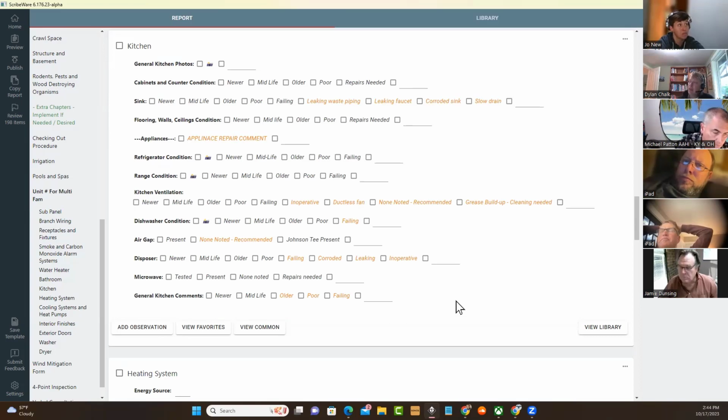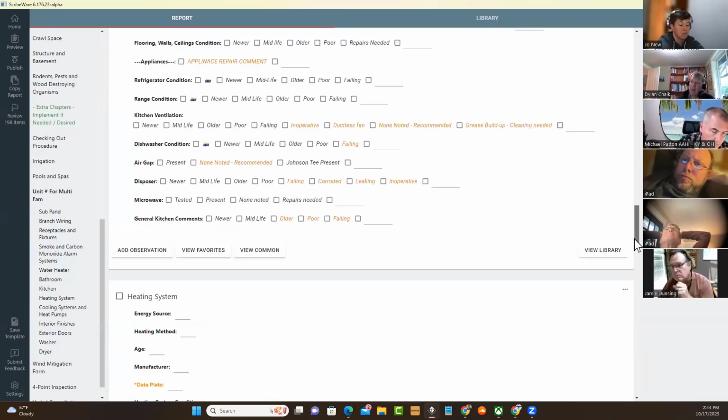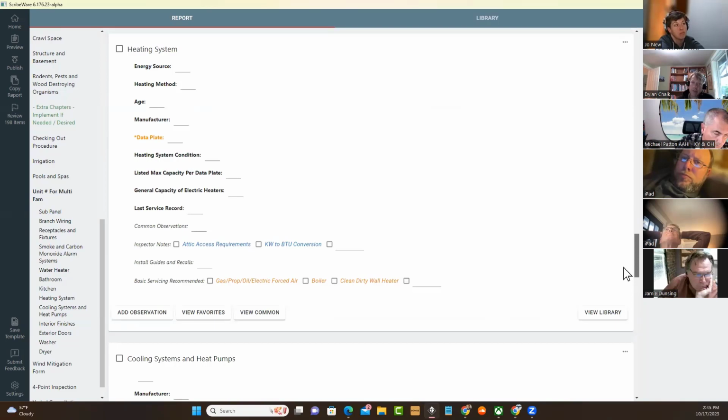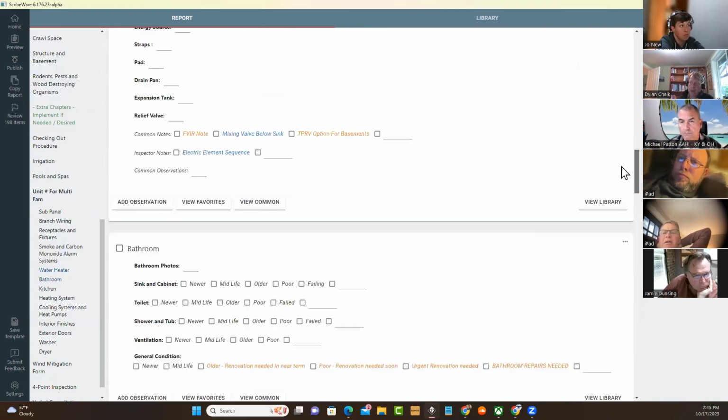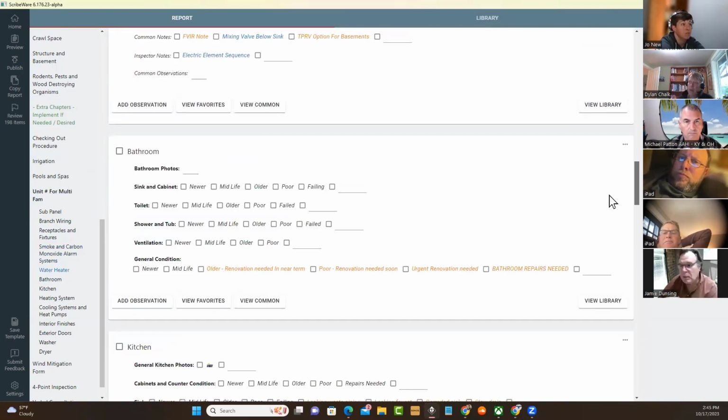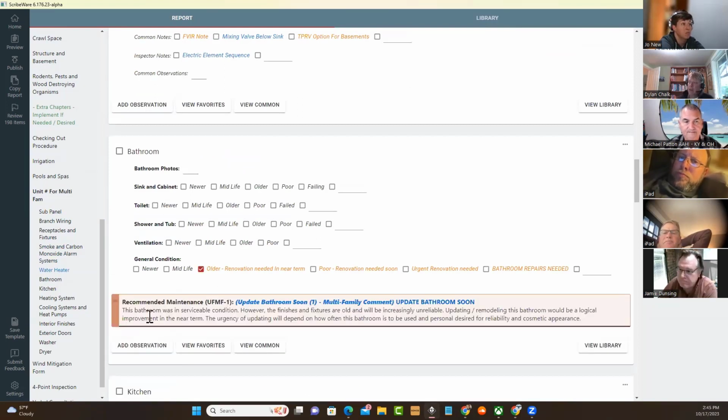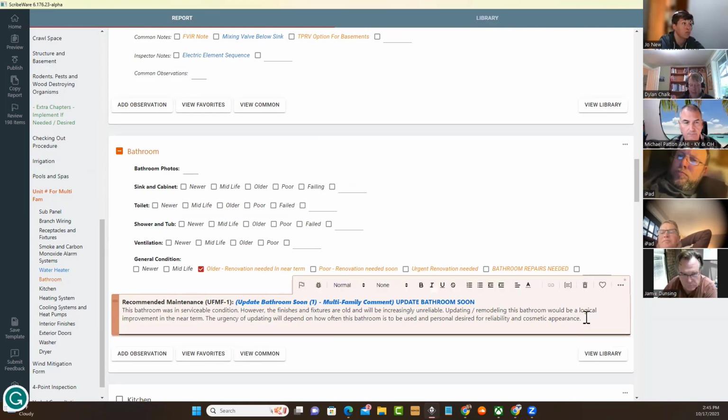So think about that on a modifier side. That might help automate some of that. And then a spreadsheet could be built off your Scribeware summary page almost. You could look at your Scribeware summary page and build the spreadsheet from that. What would be really cool is if, let's say this recommended maintenance for one of those things is a 5-year item, we had a little table and you could put in,